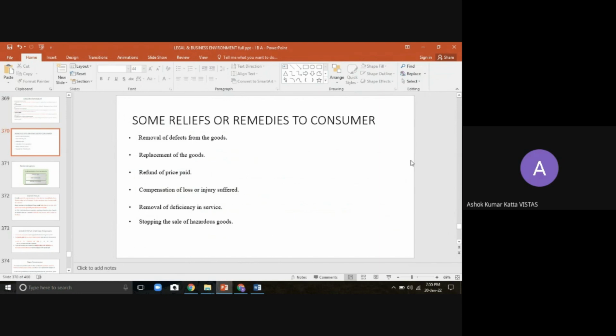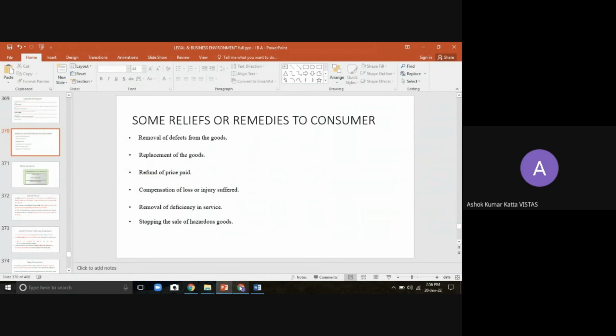So in the case of replacement, they will immediately replace the product. So how will they replace the product? Here, replacement happens in multiple ways. What is meant by multiple ways? They may replace a component, or they may replace the entire product also. So replacement is also one of the important remedies provided by the sales organizations.